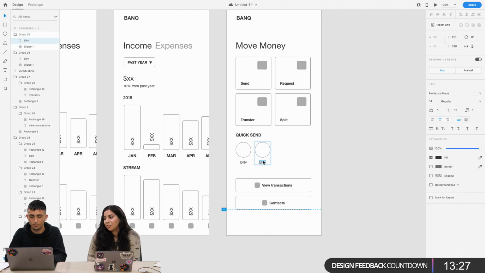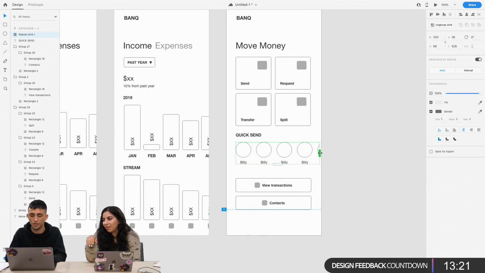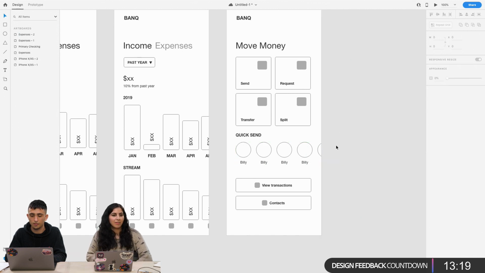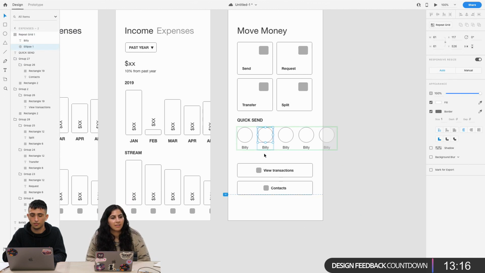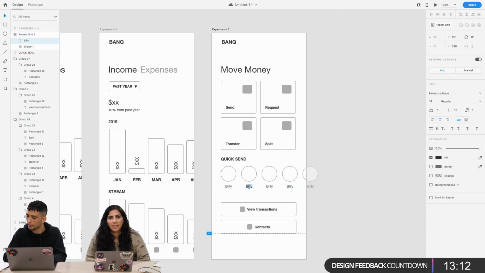So you can do repeat grid if you want to do a quick thing. If you select that and then click on repeat grid, you can have, sweet, like, it speeds up the design process. They don't have that in other apps. I think the repeat grid was what made me stick with XD. Because I was using other apps